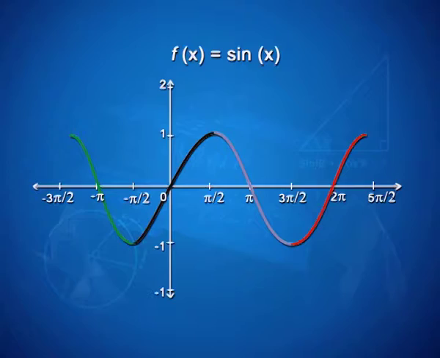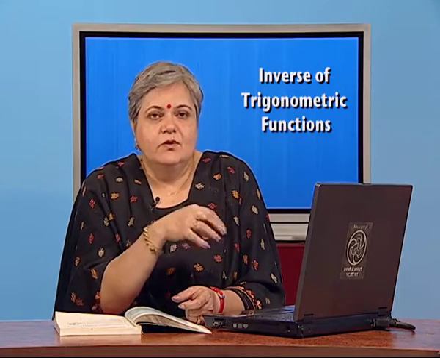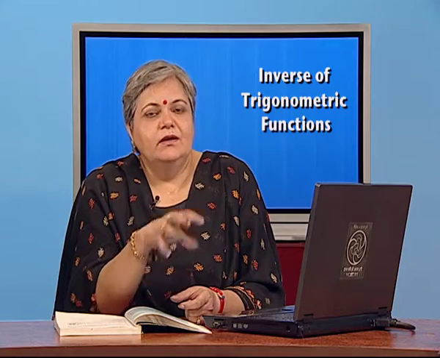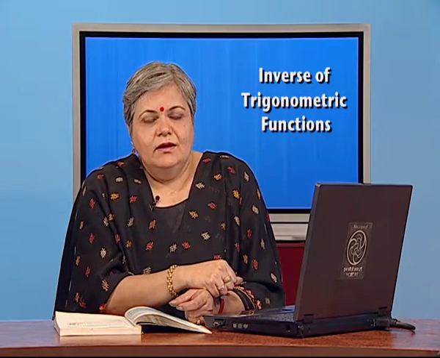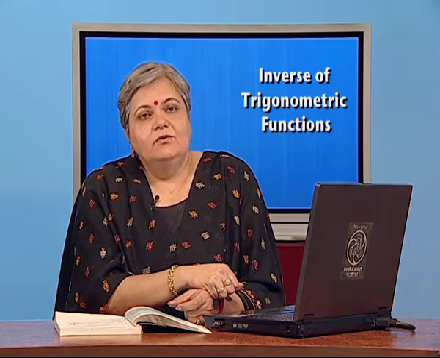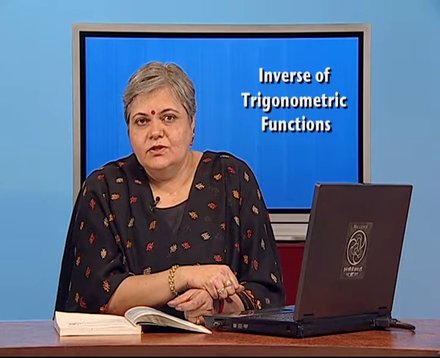As you can see in this graph with the different colors, you can see minus 3 pi by 2 to minus pi by 2, minus pi by 2 to pi by 2, pi by 2 to 3 pi by 2, 3 pi by 2 to 5 pi by 2. These are all sub intervals of the real numbers over which the function is not only 1-1, it is onto as well. And that is where we are now ready to define inverse of the trigonometric function and